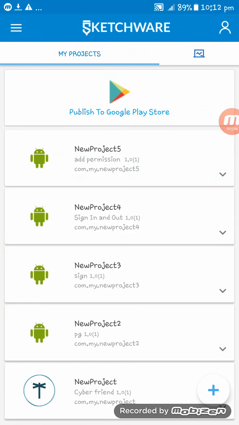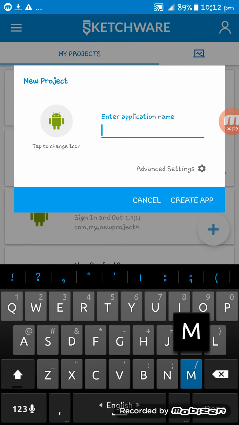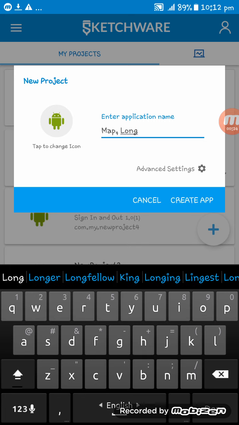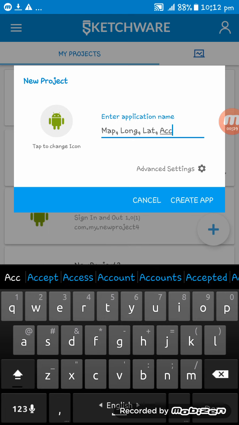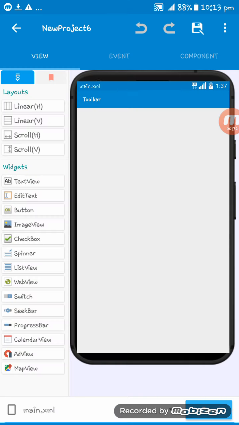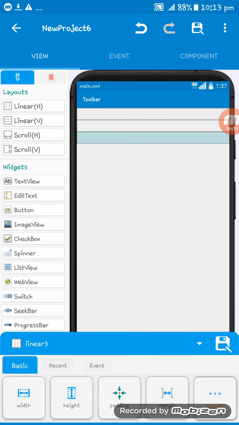In this video I will show you how to get the longitude, latitude and accuracy of your current location in the Sketchware app. So I am creating an app: map, longitude, latitude, accuracy. Okay, here you see the app, and now I am giving 3 linear horizontals here and giving 3